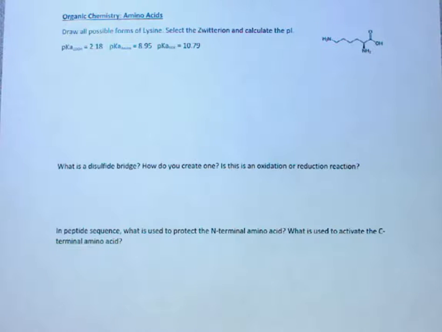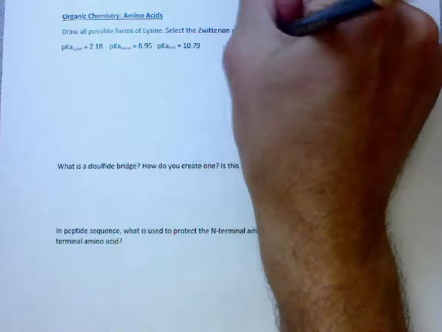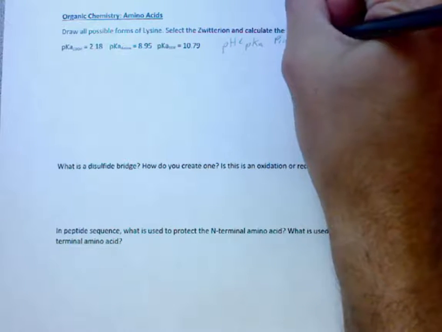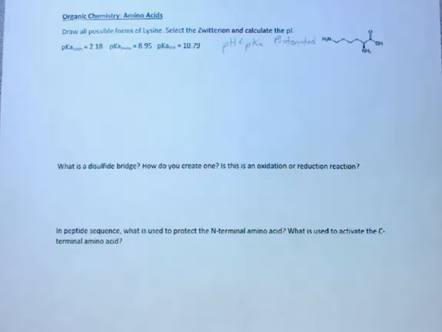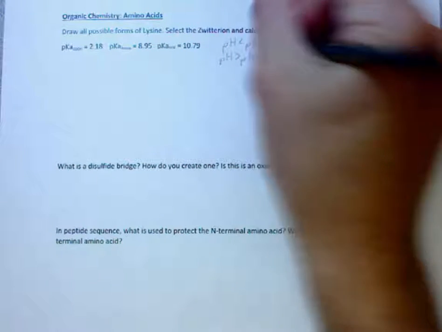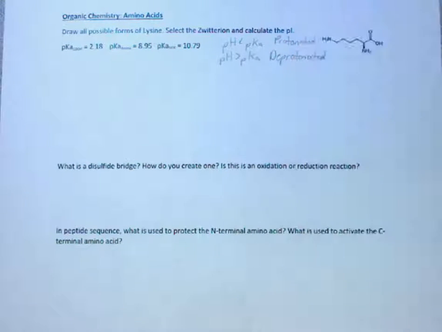In order to do this problem, we have to recall that if the pH is less than the pKa, we will be in a protonated state, and if the opposite occurs, we will be in a deprotonated state. Since we have 3 pKa's, we are going to have 4 possible forms. The first form is going to be the most acidic, so that would be when the pH is less than